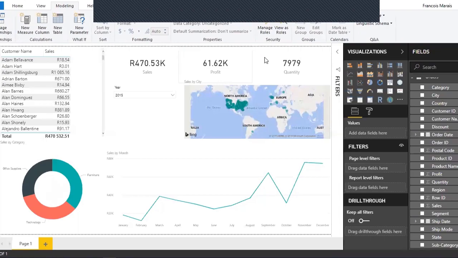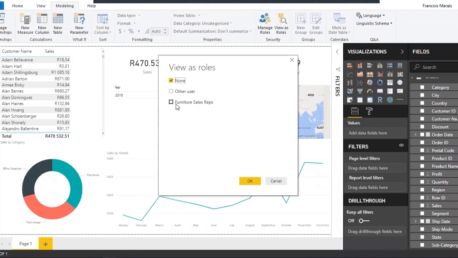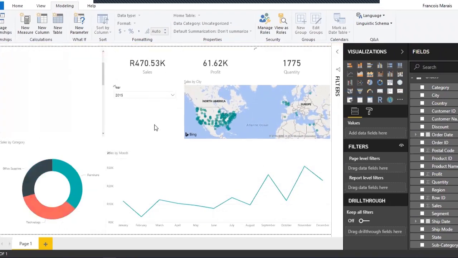And now if I want to view how it would look like if I log in as a furniture sales representative, I can also choose view roles as. So there's my newly created role, or my security role, and I can say okay. And as you can see, my pie graph has changed to furniture. The customers with their sales, the profit, the quantity, even the distribution between the countries, as well as the sales over a time span. If I want to stop viewing, I can take it just back, and it'll take it